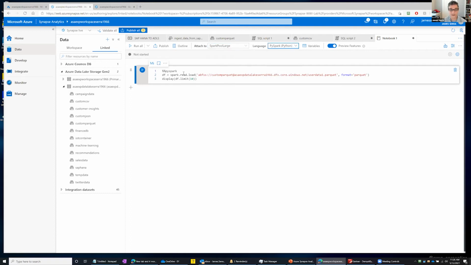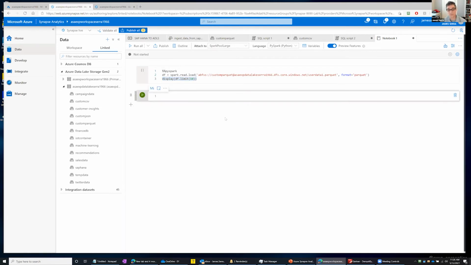And you can see it's already chosen Spark, but it has now created what used to be a time-consuming process of linking that Parquet file into this notebook. And then once I do that, and in this case, it's just going to display what's in there, I can then build on this and create additional cells to build out my notebook. And then I can save this notebook.